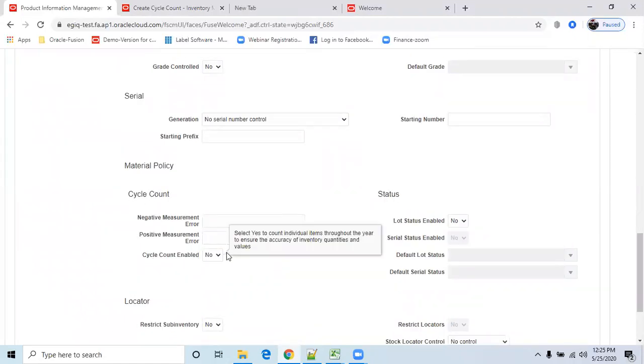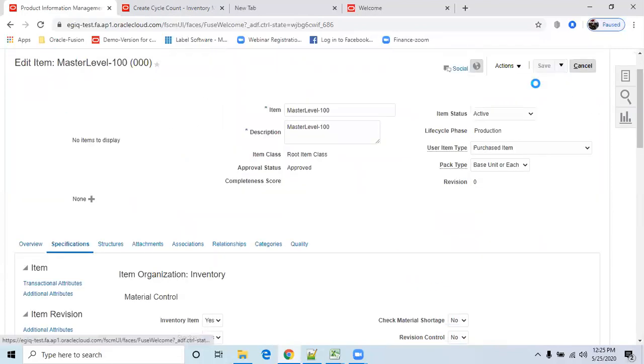Cycle count enabled, no. So keep it as S, save.